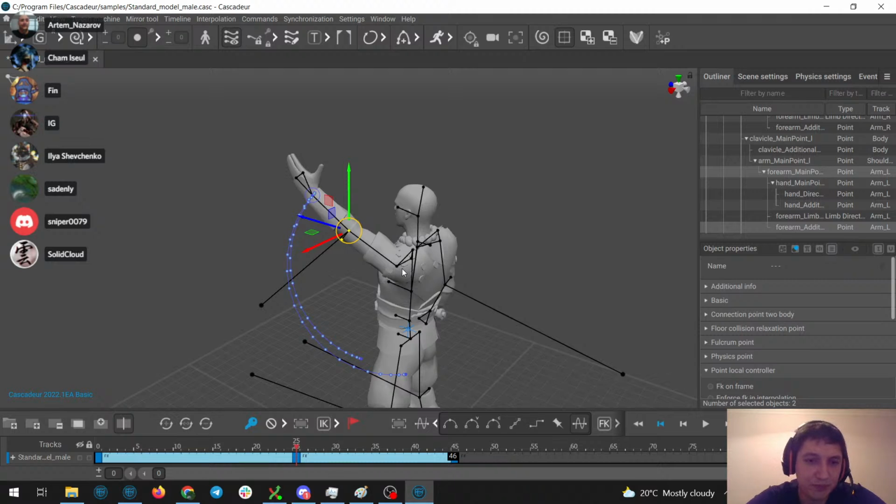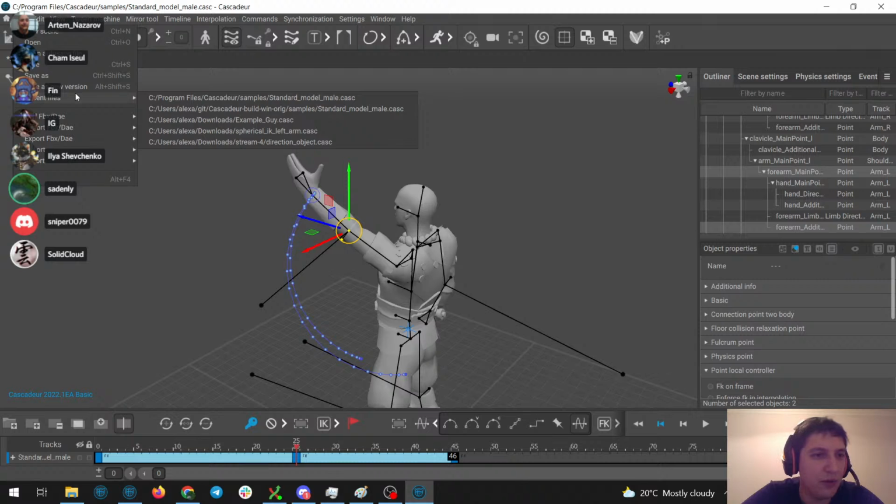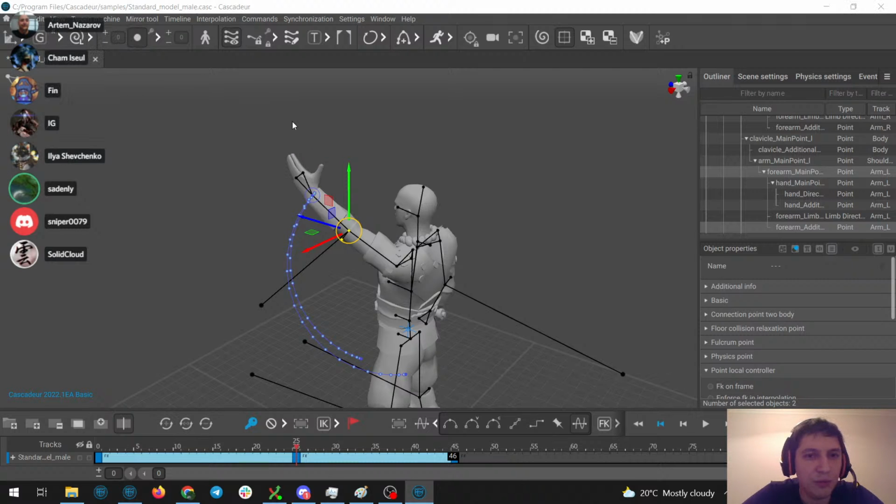So we came up with two solutions, and created very alpha test versions for them. Let me open them.